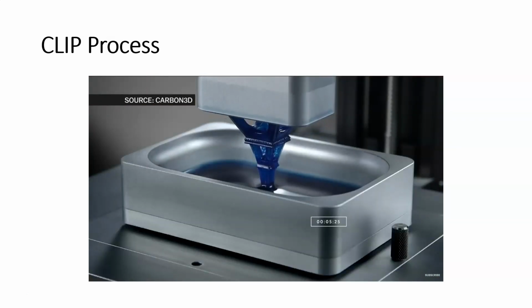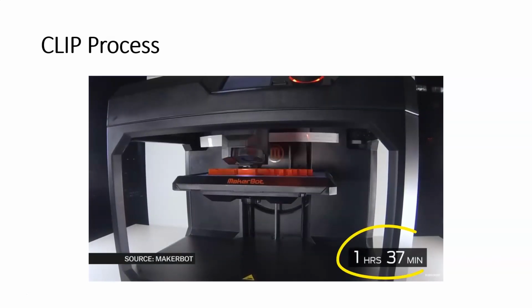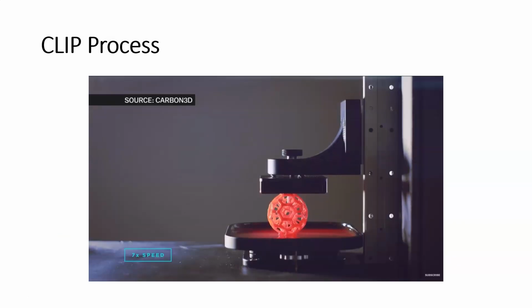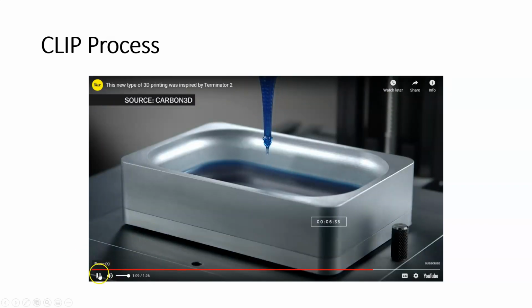So this could be a big deal because it's a lot faster than conventional 3D printers. It works in minutes instead of hours. Right now, 3D printing is still kind of a niche industry. People use it to make models or prototypes, but if this new 3D printer can be perfected, it could be possible for it to be used to make